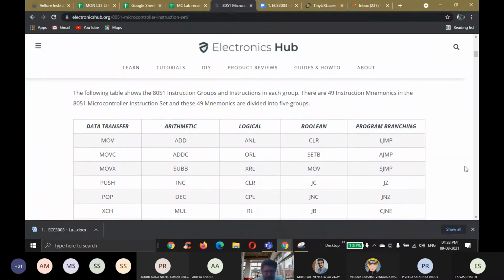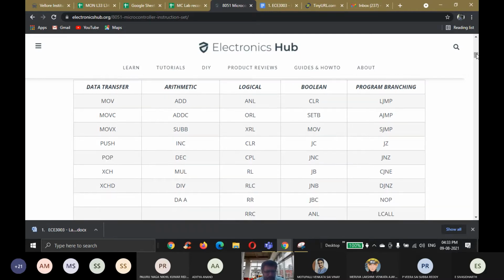Different types of instructions in our 8051 are data transfer instruction, arithmetic instruction, logical instruction, Boolean instruction, and program branching instructions. If you download the instruction set of 8051, you will get the template like this. The data transfer instructions are move, push, pop, exchange instructions.